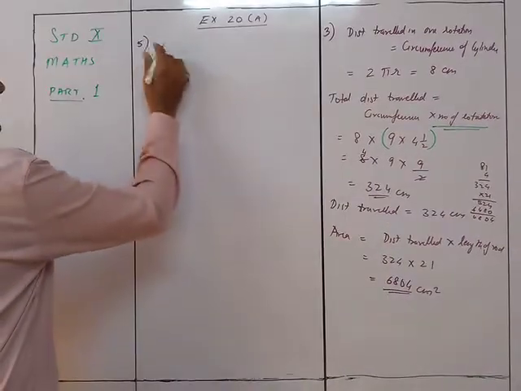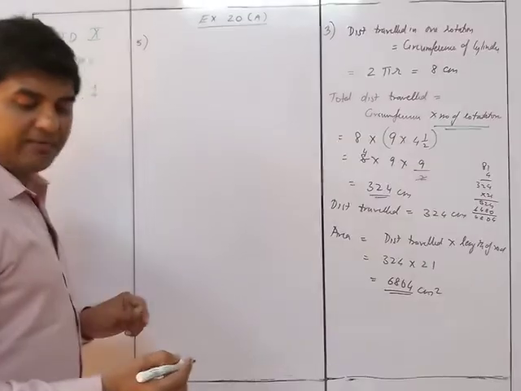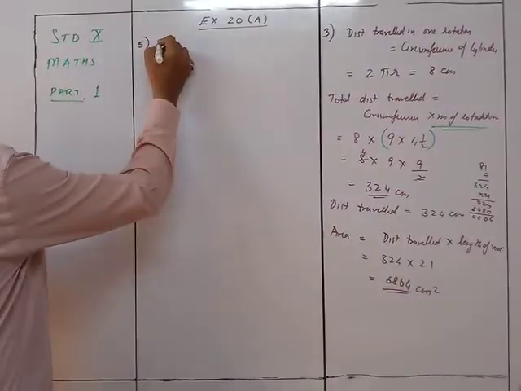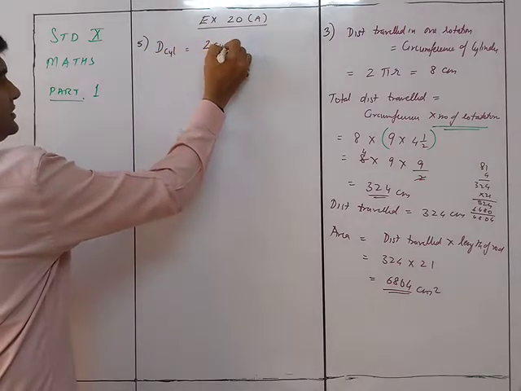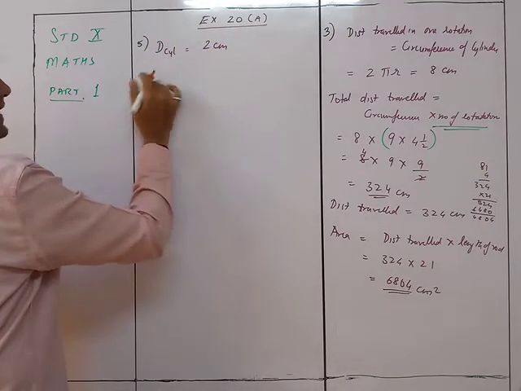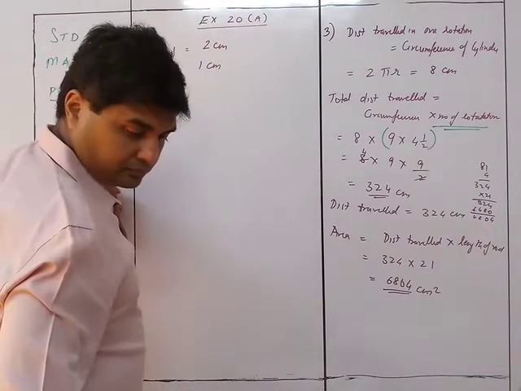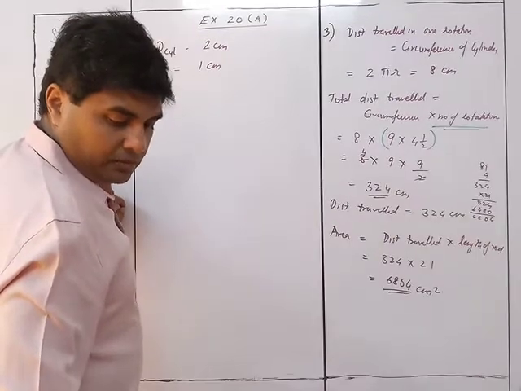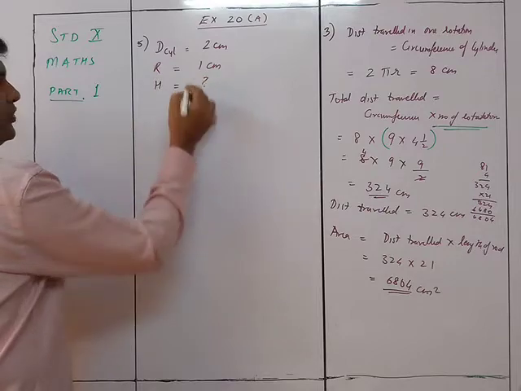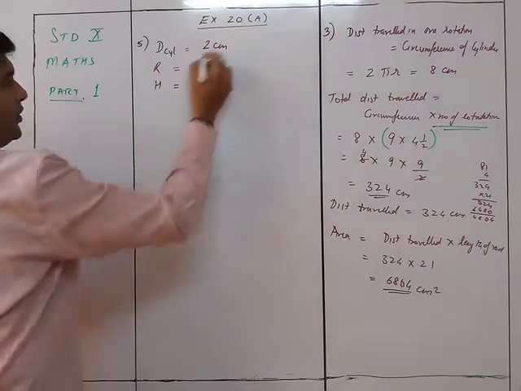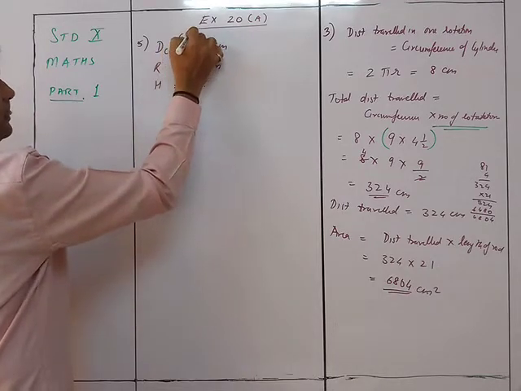So here, first of all, let us write out the data. The data we have over here is a solid cylinder with a diameter D of the cylinder equal to 2 centimeters. Therefore, the radius, we'll take capital R for the cylinder, R is equal to 1 centimeter, right? You need to find out the length. Length is nothing but the height, so h is what we need to find out for the cylinder. For the hollow cylinder, we have over here, this is for the cylinder.